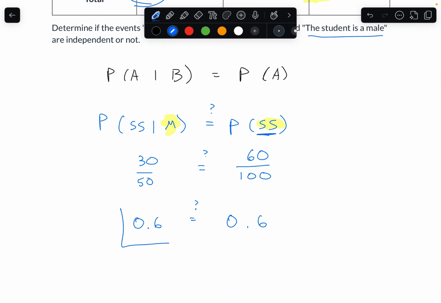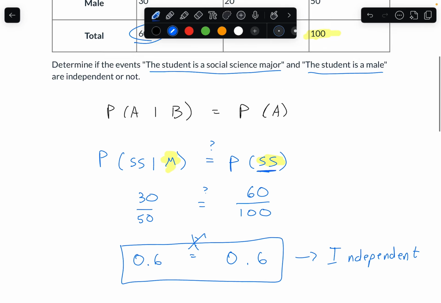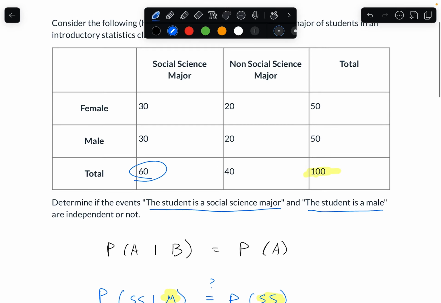So yes, these are in fact equal. We don't need that question mark there. 0.6 is in fact equal to 0.6. That means that these two events are independent. Now, it worked out nicely here because we had this very symmetric and honestly very interesting